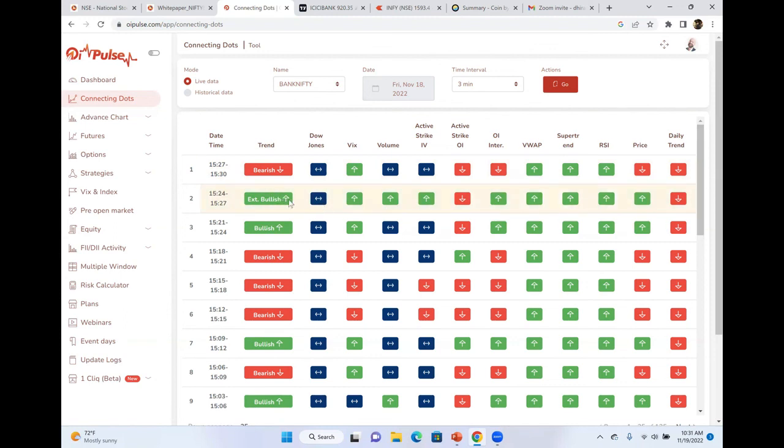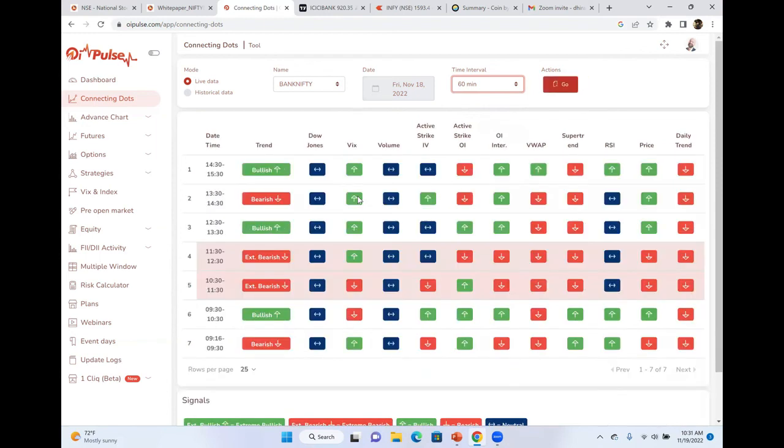if you are a day trader, how things change from bullish to bearish to bullish to extremely bullish to bearish, and how nimble and agile you need to be. But if you are an investor, why should you bother about all the 3-minute thing? Of course, this one is meant for the trader. So the max they go is 1 hour. But even if you look at 1 hour, a little more, you don't have to keep on